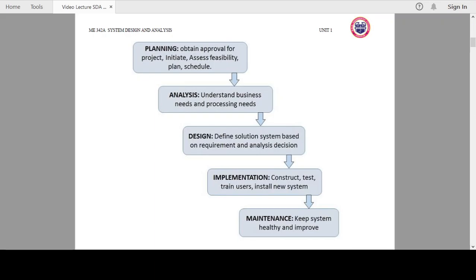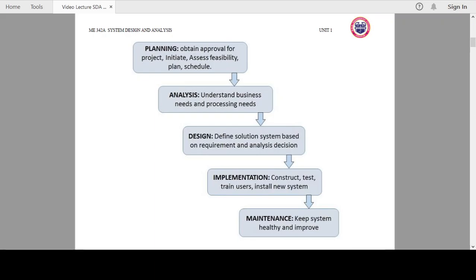Then design includes the solution system based on requirements. Implementation includes construction, testing, training and installation of the new system, while maintenance is used to keep the system healthy and improve it. So we'll discuss these phases in a healthcare system, and how we can implement the system development life cycle in a particular application.